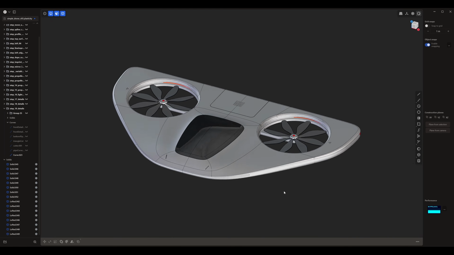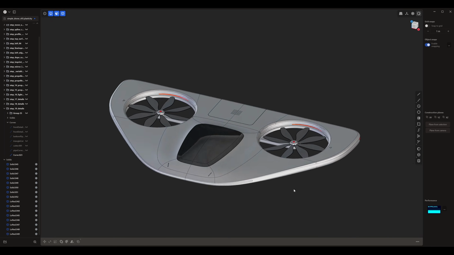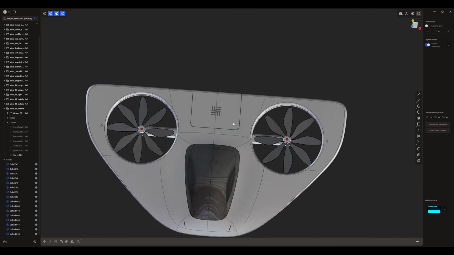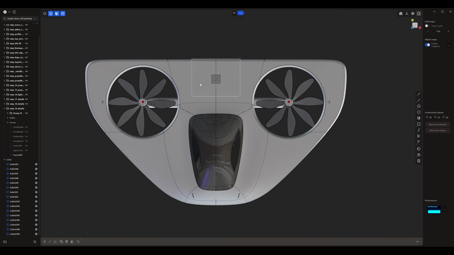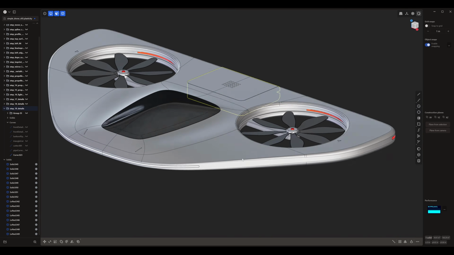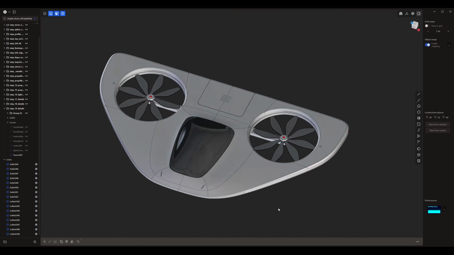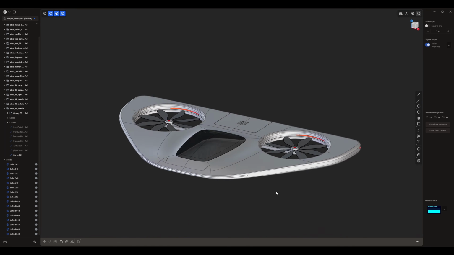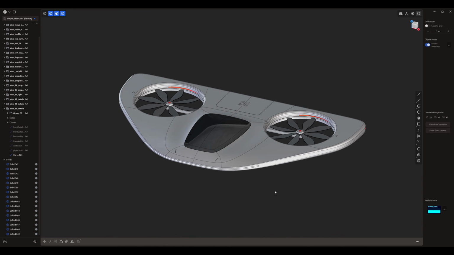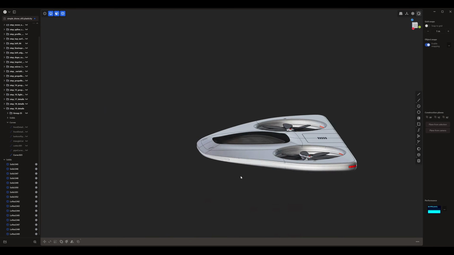So here's my final version with a few tweaks. I did add a few more booleans here in the back with an array of cylinders. And then from the top, I created a rectangle to cut this out and a few insets here and bevels throughout so it doesn't look so sharp. And remember, you can use these techniques to create additional vehicles, props, industrial design objects, or anything that requires organic forms. Let me know what you think, and I'm excited to see what you create.